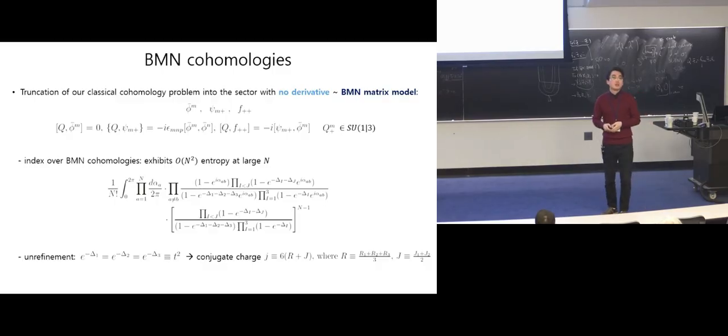Sorry? Are you talking about the saddle of this index or the microcanonical? You can just find the saddle point in the large n. I see. But it doesn't have a minus sign, like it's a subdominant saddle. What do you mean by minus sign? I mean the action is less than the thermal AdS.